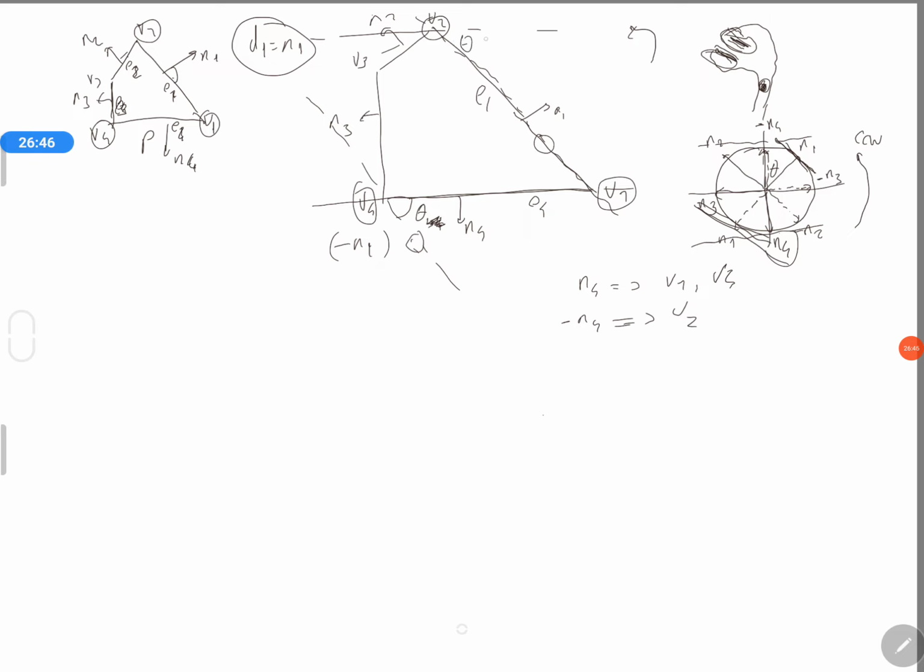Here, this is theta 2. This is theta, and yeah, this is theta 2. So, this is theta 2. Okay. And now we see that